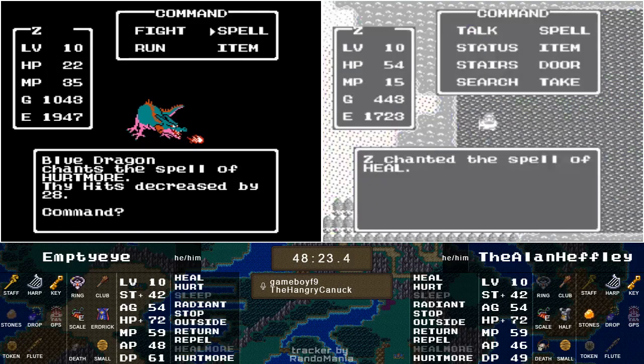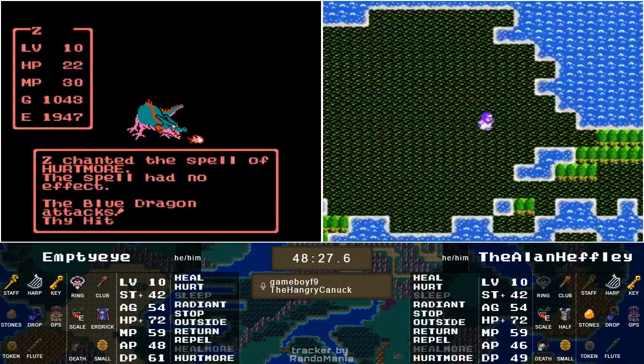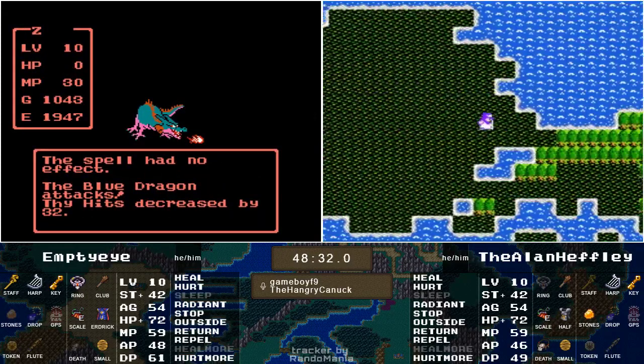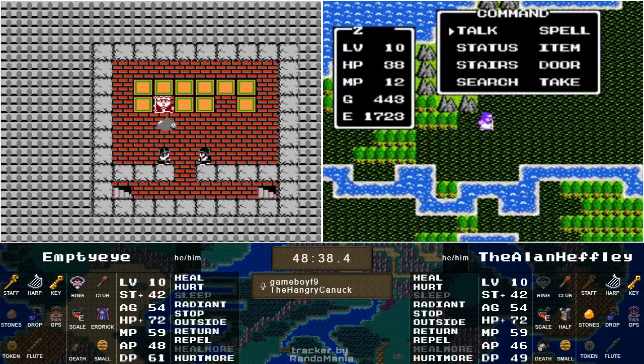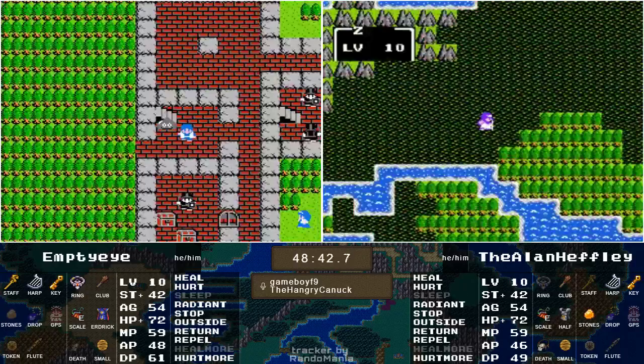Well, that might work out. I mean, well, there's the Hurtmore. Just going to go straight for Hurtmore again. No, that's not gonna work, and he's gone. Oh, that's too bad. So the Blue Dragon has a 7 and 16 resistance to Hurtmore, so that's why it's not the best of grinds out there, but...